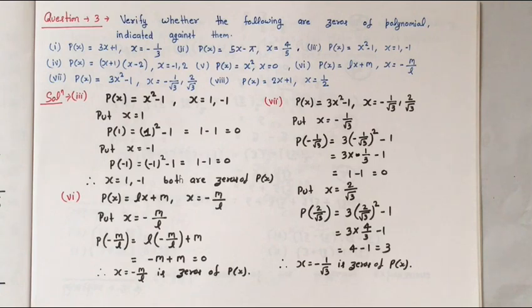So students, today we are going to discuss question number 3 of lesson number 2. The name of the lesson is polynomial and this is your exercise 2.2. We are discussing class 9th CBSE. In the previous video you watched that we calculate the values of p of 0, p of 1, p of 2 for the given polynomials. Today we are going to discuss question number 3 and question number 4 of this exercise.